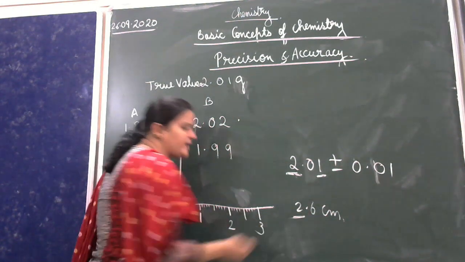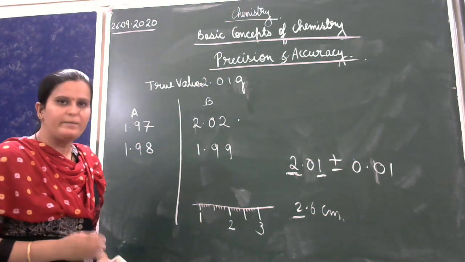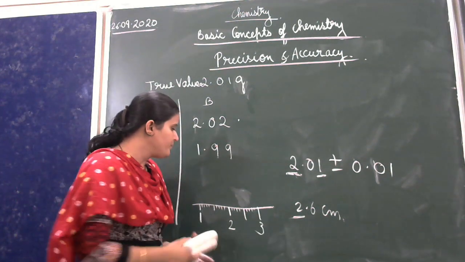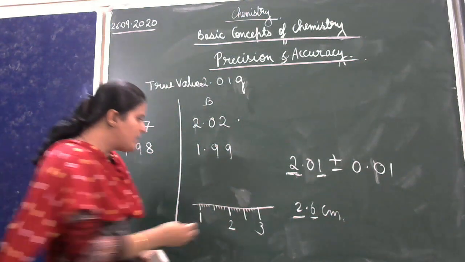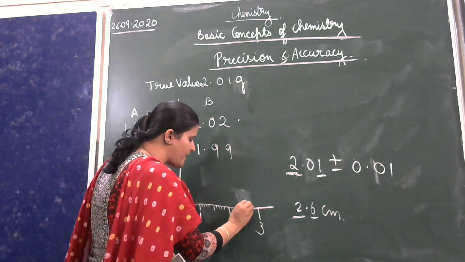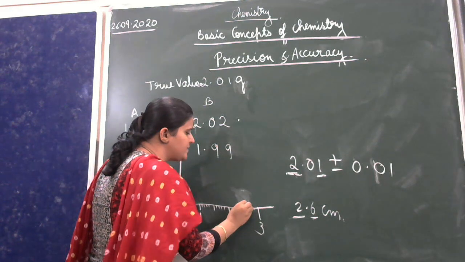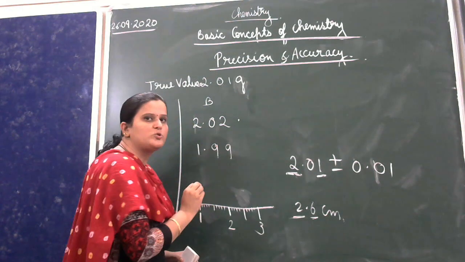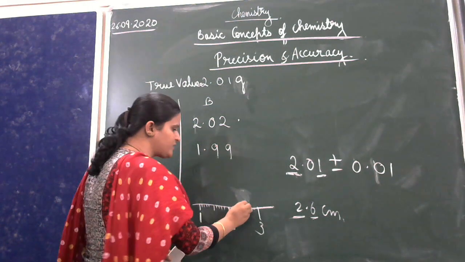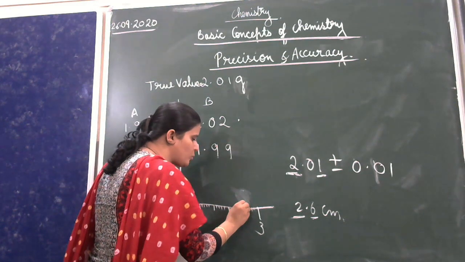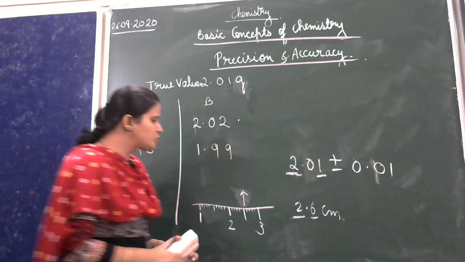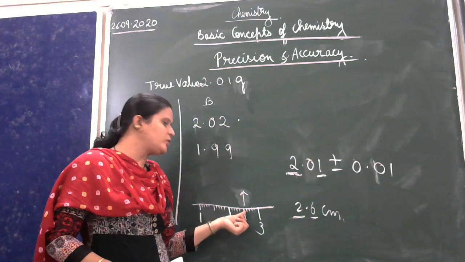2 is actually the certain value. Why am I saying 2 is the certain value? And why am I saying 0.6 is the uncertain value? Because when you are measuring, you say the length of the pencil is 2.6 centimeter. But actually, this 2.6 centimeter value could lie here, meaning it could be greater than 2.5